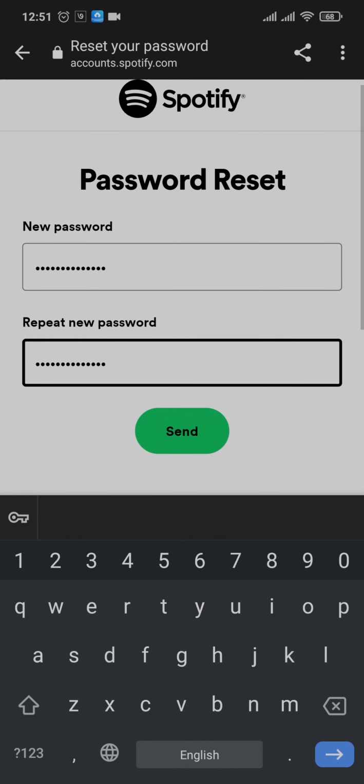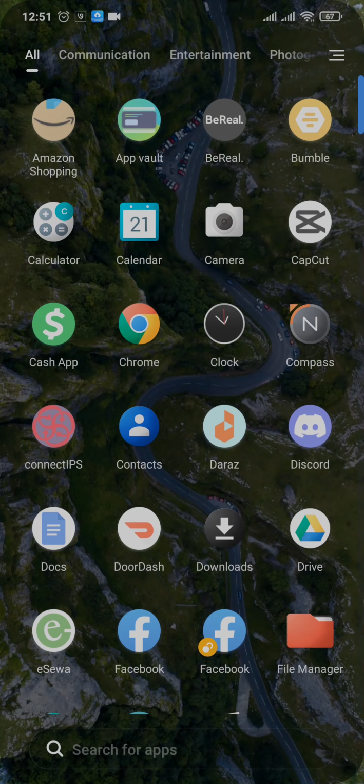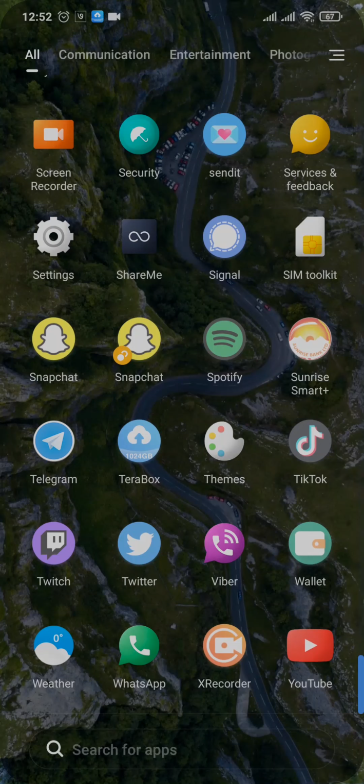will be successfully reset. Now you can open up your Spotify, and if you are automatically logged out, which might happen, then you can just open up Spotify and then log into your Spotify account using the new password that